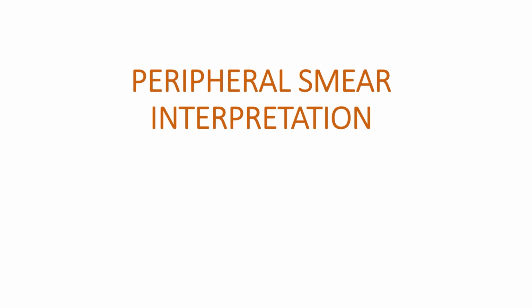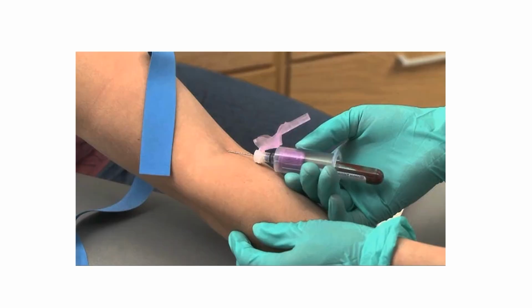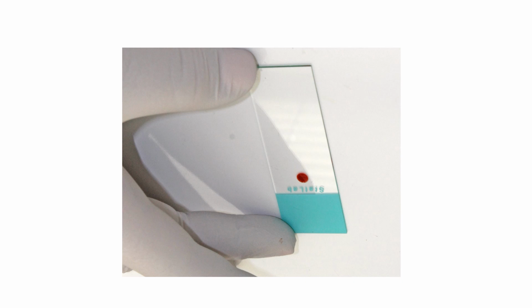Peripheral smear interpretation. This is one of the exercises for the second MBBS practical examination, and today we're going to talk about that. Now, a peripheral smear is a smear prepared from peripheral venous blood or capillary blood, and once we collect the blood, we add one drop to a slide, and after we add a